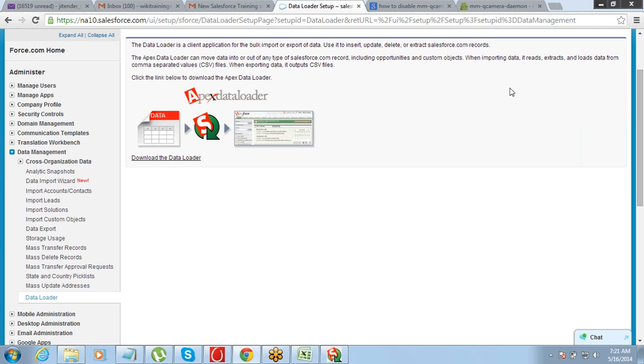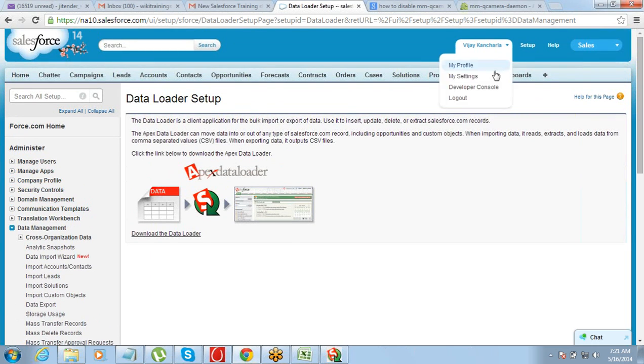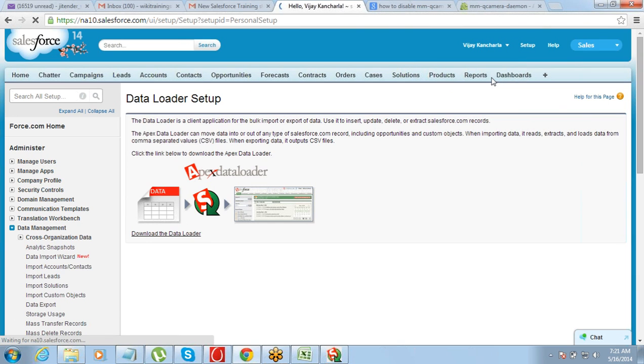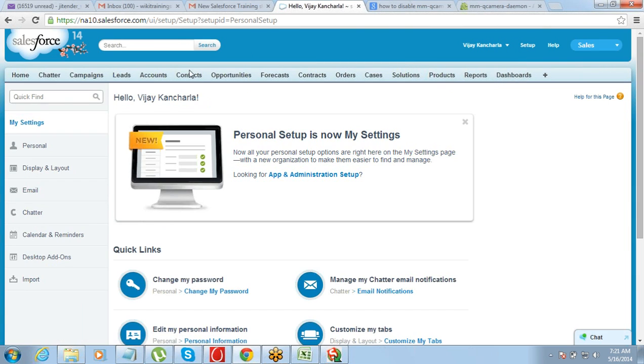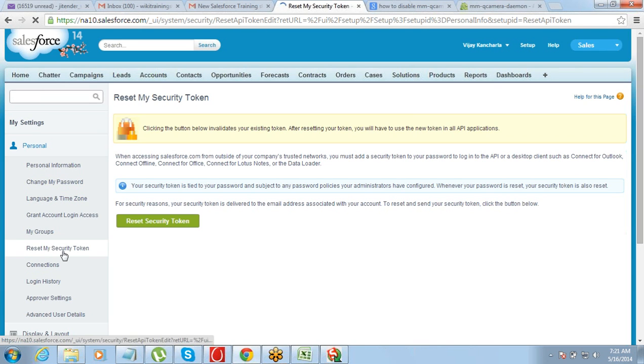To get the security token, you need to go to Salesforce, My Settings. Under My Settings you have personal, and then you have an option of reset my security token. So what is security token? Security token is an additional system generated password. So it's a long password which can be used. So click on that reset my security token,